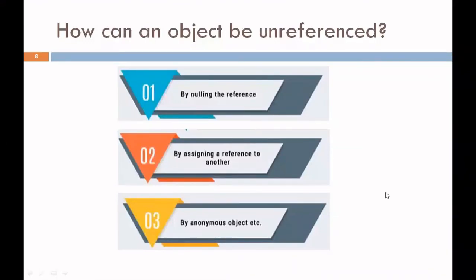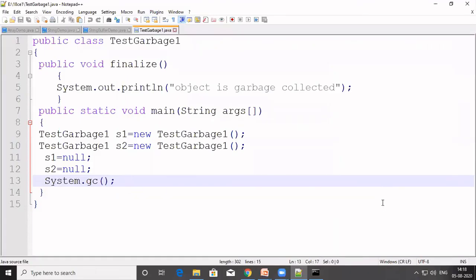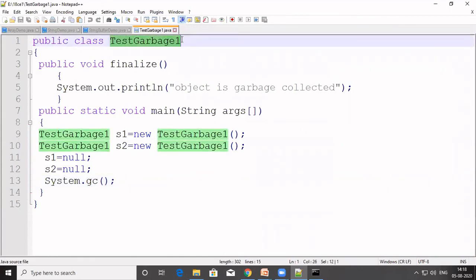Let's see a short and simple example of how Java garbage collection works, that means how the garbage collector finds an object to be unreferenced. For that, we refer to one example like this. I create here one class, the class name is TestGarbage1.